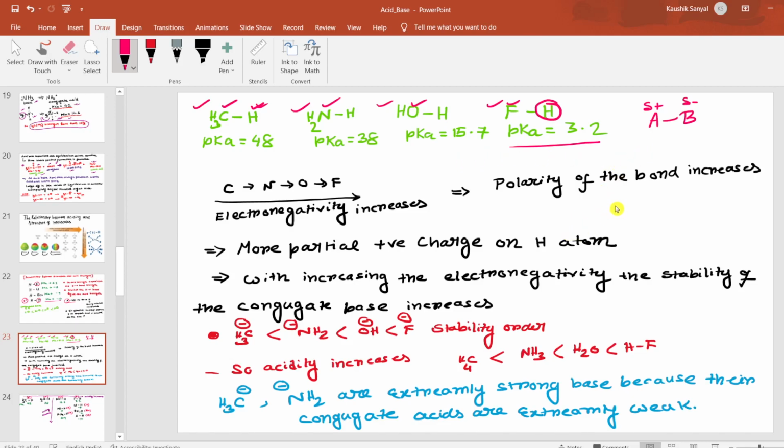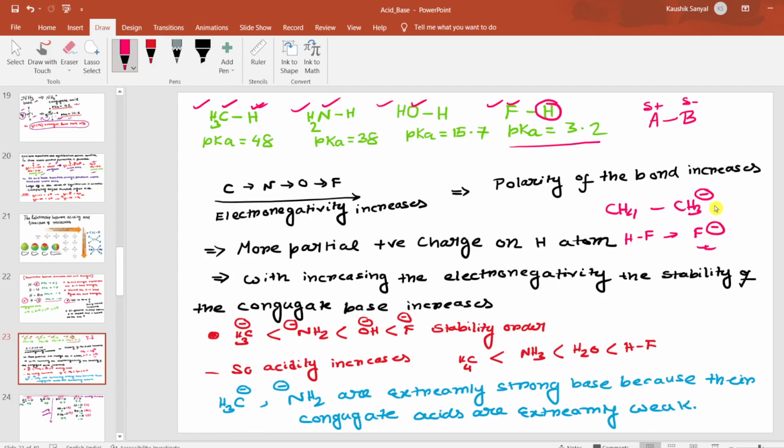Now in case of methane, when it loses one proton, it becomes CH3 minus. So this CH3 minus is the conjugate base of the corresponding acid methane, if we consider methane as an acid. On the other hand, if we see hydrogen fluoride, if it loses one hydrogen, it forms fluoride minus. This is the conjugate base of the corresponding acid hydrogen fluoride. Now if you see the difference, you can easily say that the fluoride ion will be much more stable